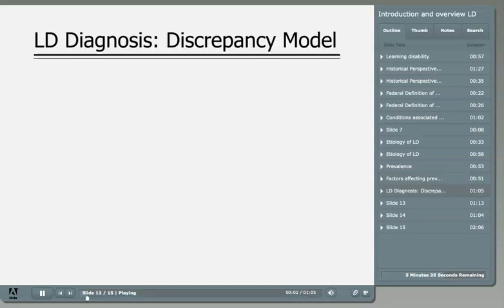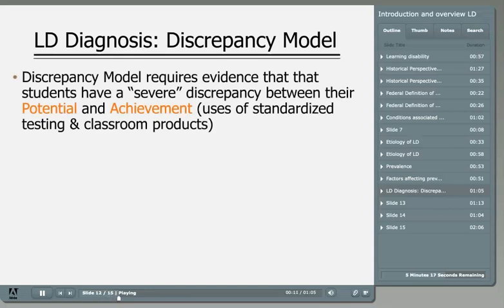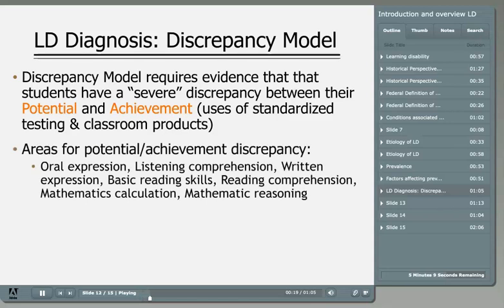When learning disabilities was originally described, it was perceived to be a rather unusual and rare disability. The classic definition of a learning disability refers to a discrepancy between a child's potential and a child's level of achievement. Originally, they were talking about very bright children whose IQ scores were in the average range, or even above average range, but they had very low academic achievement. This classic case of learning disability is actually rather uncommon.